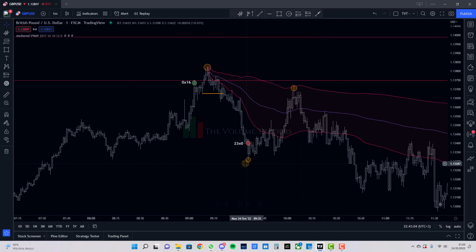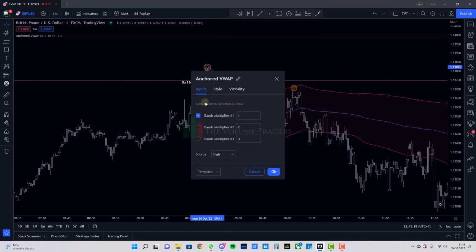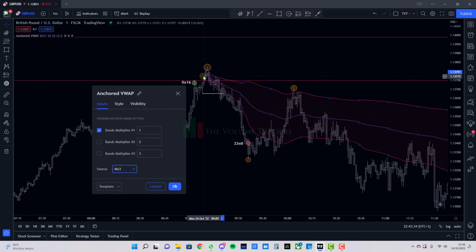So if you don't know how to change the setups, because the standard setup is different than what I use, my logic is that I want to see, double click, that when I'm looking for a sell, it needs to be measured from the high of the candle. Probably I think that the normal setup is this one. Yes, a bit different, but with my logic, with my understanding, I want to follow the last possible,